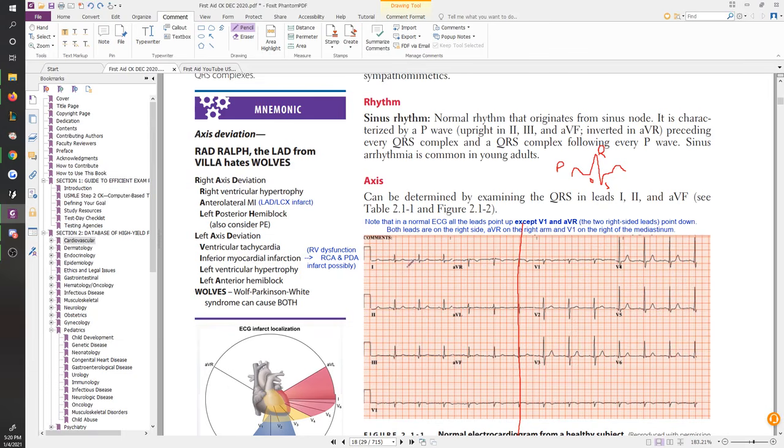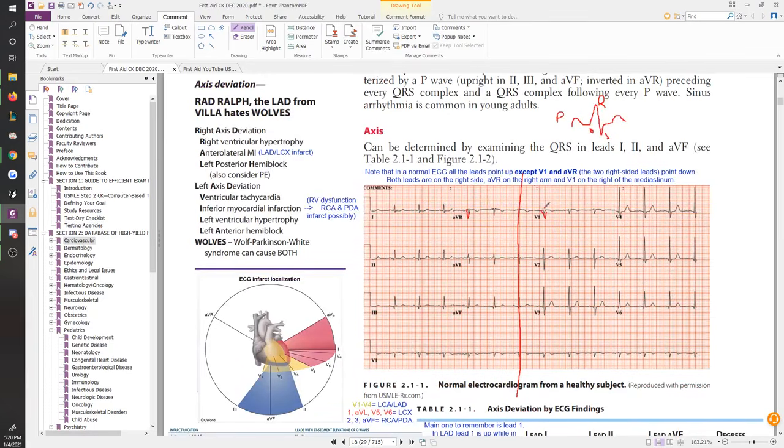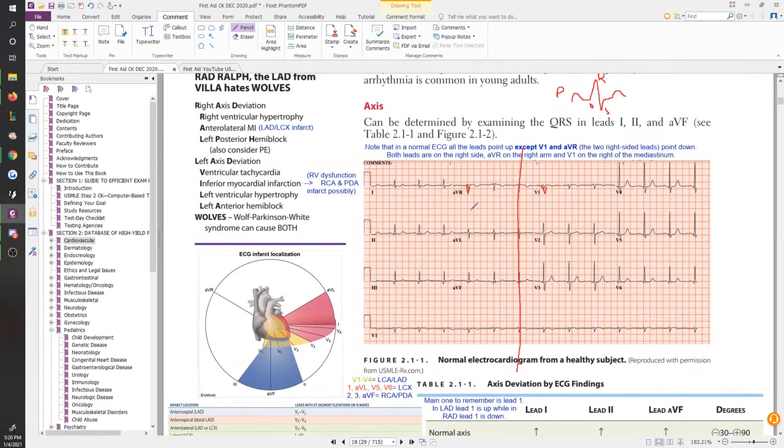And so there's a reason why lines go up, and then you can see where things are going down, actually, right? You can see in AVR, the whole QRS is pointing downwards. In V1, it's all pointing downwards. And then everywhere else is pretty much either equiphasic or pointing upwards. So AVR and V1, the clear, obvious thing that's pretty unique about them is the fact that they're on the right side. Okay, AVR and V1 are on the right side.